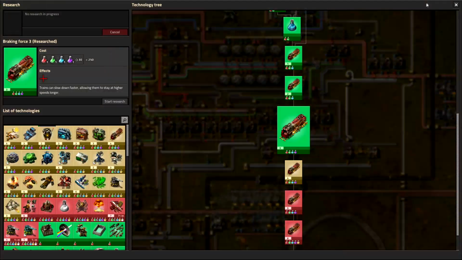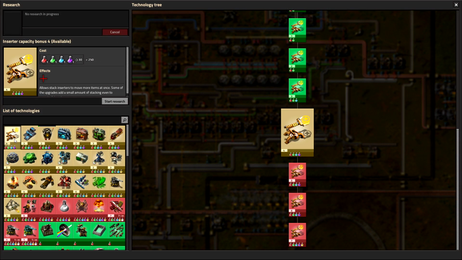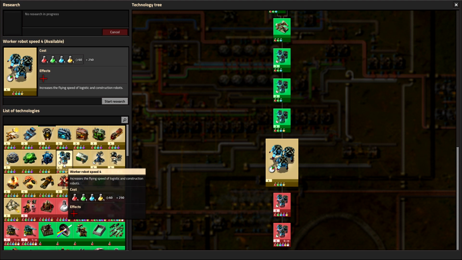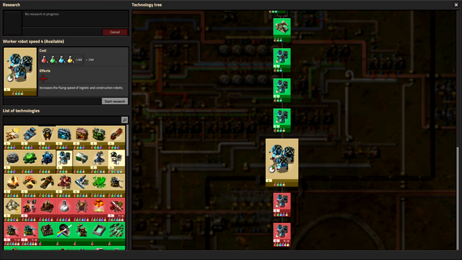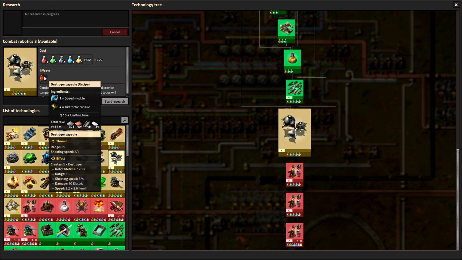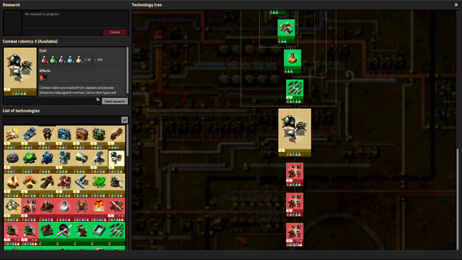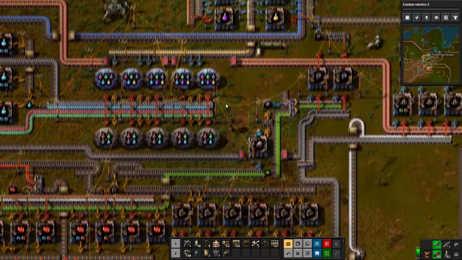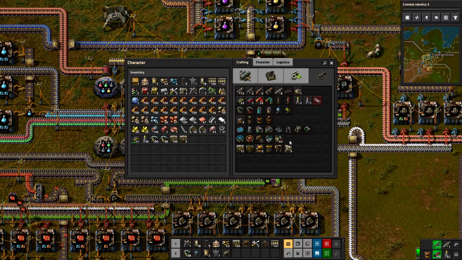Because, speaking of which, we have plenty of yellow science. So let's do Combat Robotics 3. So that makes destroyer capsules. So these should be the robots that are constantly fighting for me. Takes 300. Let's do that. Because if I can... You can keep robots on you. And there is a...